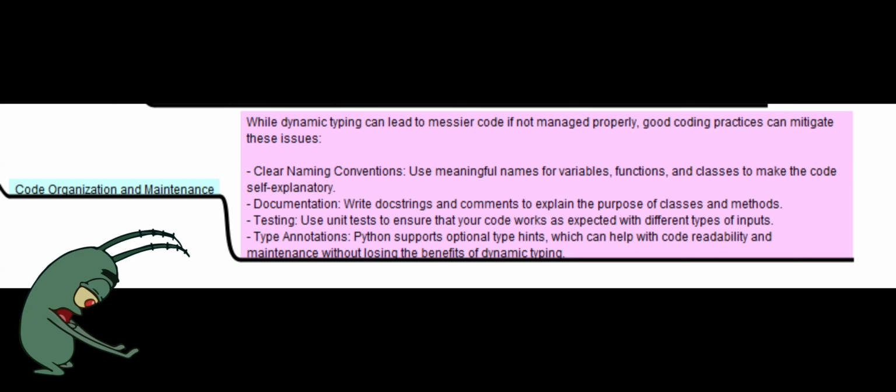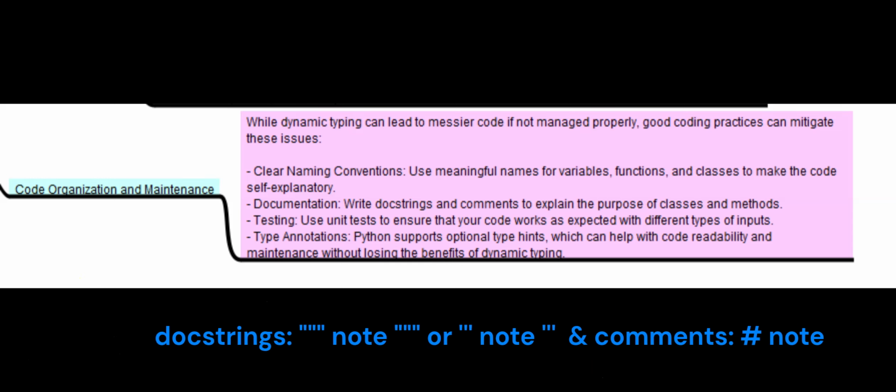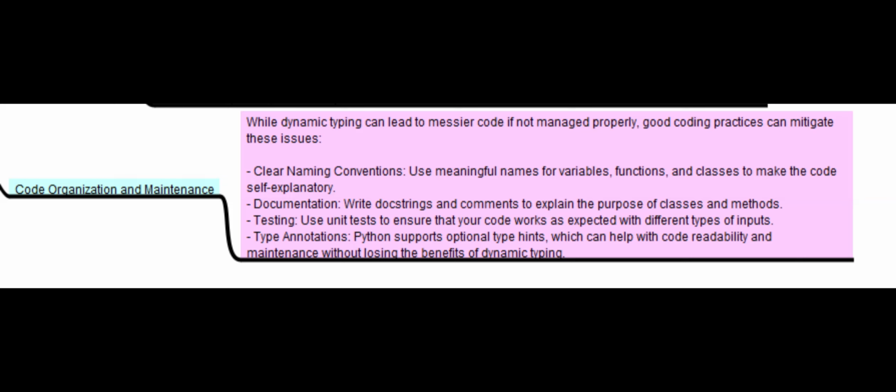Use meaningful names for variables, functions, and classes to make the code self-explanatory. Documentation. Write docstrings and comments to explain the purpose of classes and methods. Testing. Use unit tests to ensure that your code works as expected with different types of inputs. Type annotations. Python supports optional type hints, which can help with code readability and maintenance without losing the benefits of